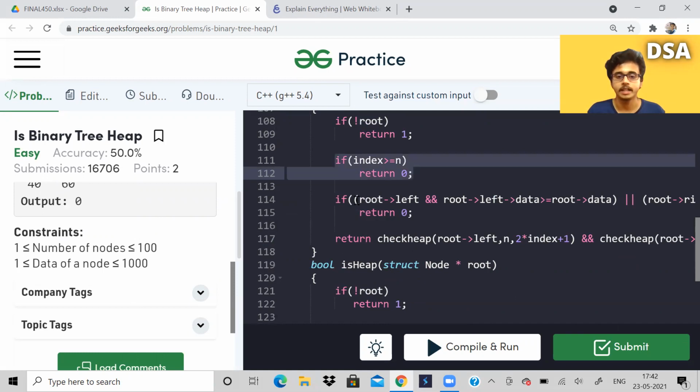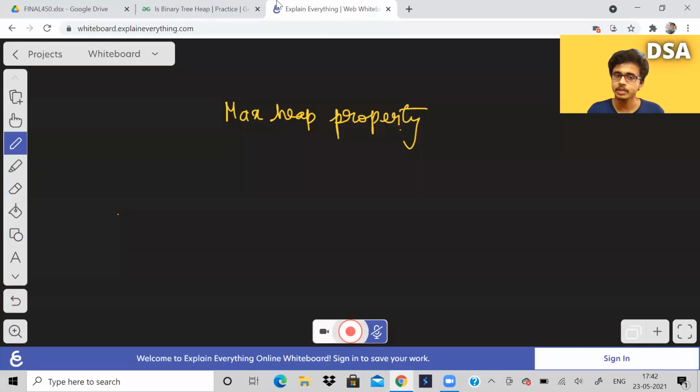Let us see this condition. If root left, that means we are first trying to see if there is a left child for the current node, and if there is a left child and its value is greater than the root value, this is checked at any node. It need not be only the root node, it can be this also. So suppose this is the node, we can consider this also.